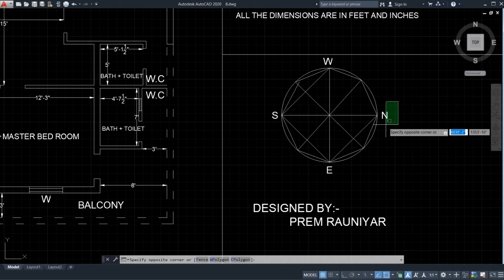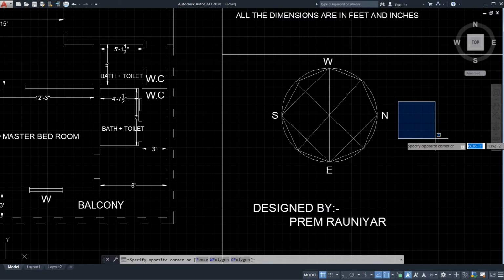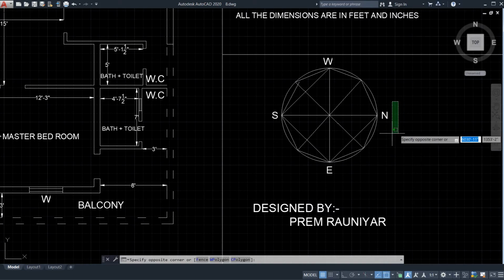Don't click any buttons, just move your mouse up to what you need to select. See, if I am moving from right to left, the green line comes. If I am moving from left to right, the blue line comes. So green means it will select